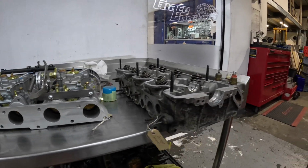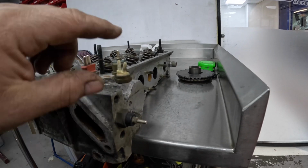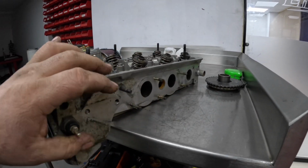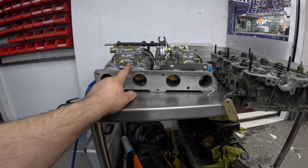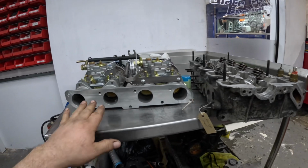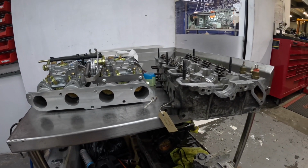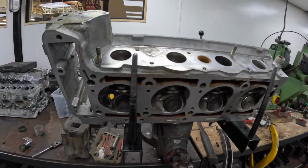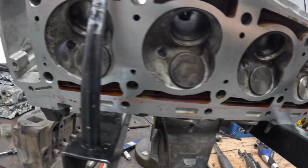So I'm going to get it stripped first. I'm going to take all the sensors out so I don't break any of them. I'm going to take the carburetors off the inlet manifold, and then bolt the inlet manifold to the cylinder head, and then start to make a plan of how I'm going to port it and make it all fit and work. So I've stripped the valves, the inlet valves, out of this cylinder head